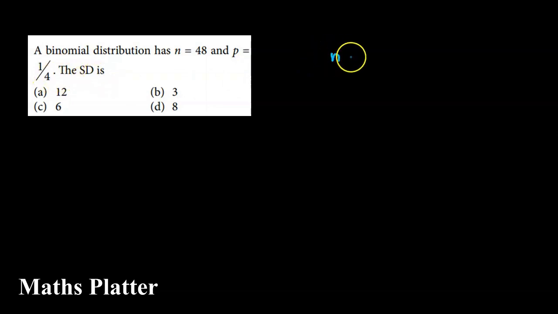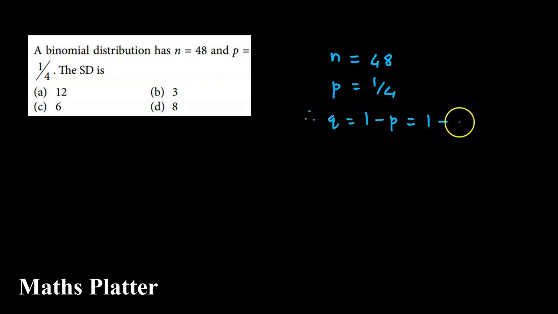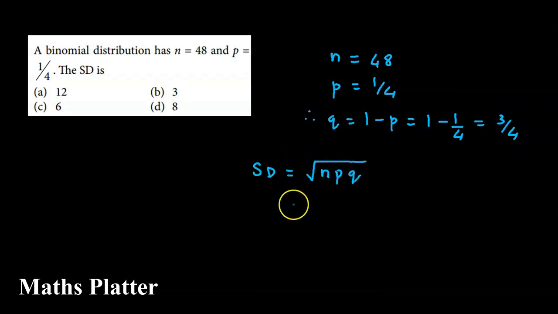deviation is. अब n दिया है 48, p is 1 by 4, तो यहाँ से हमें q मिल जाएगा. q will be 1 minus p. So that is 1 minus 1 by 4, which is equal to 3 by 4. And now we could find the standard deviation. Standard deviation is given by root of n into p into q. तो ये आएगा root of